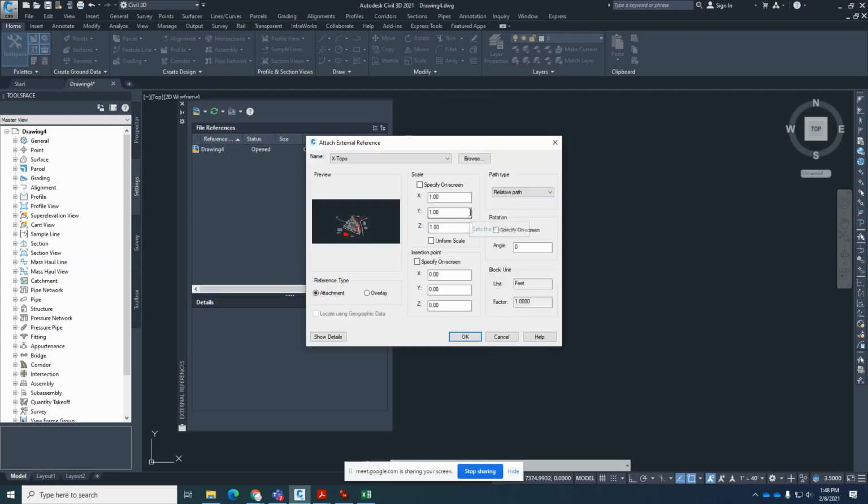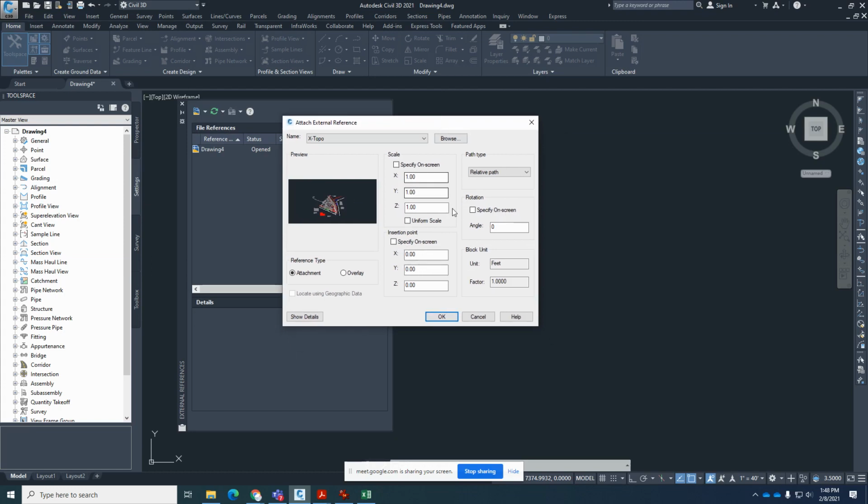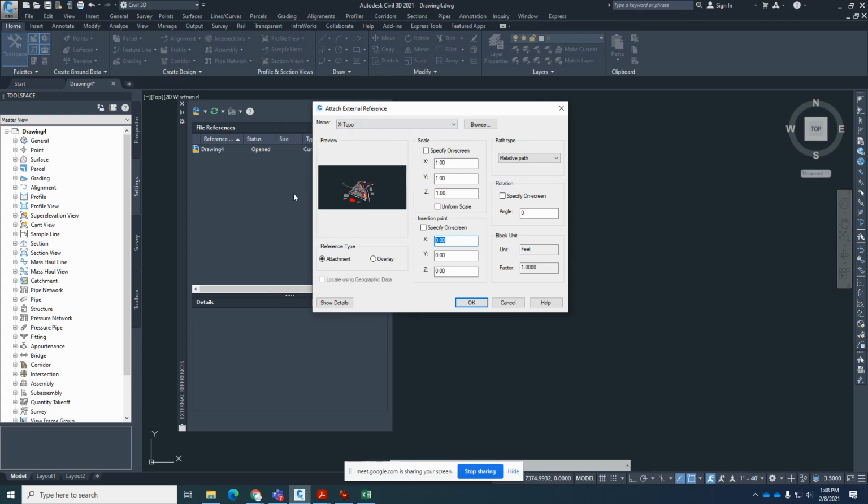Okay. By doing that, we're going to get some information in here. This one is usually clicked on, but I want you to specifically click this thing off. So in other words, we're going to attach the XTopo at a scale of 1, 1, 1, and the insertion point of XYZ 000. Okay. Your senior designer, the person that's designing this, should have put everything on the same coordinate